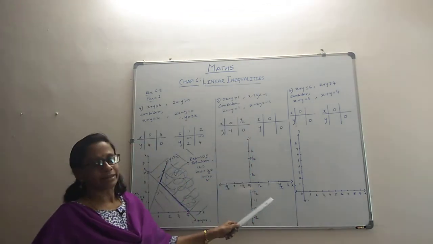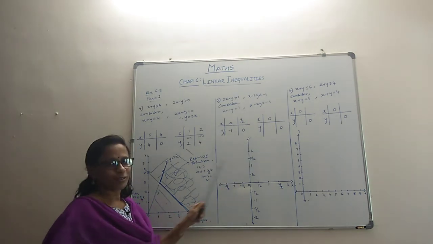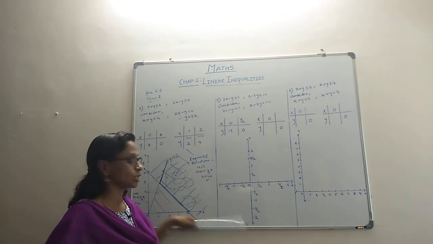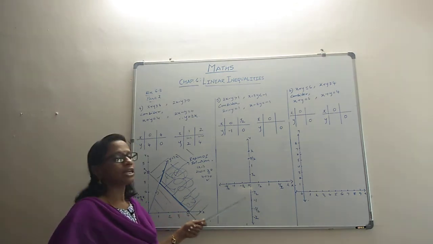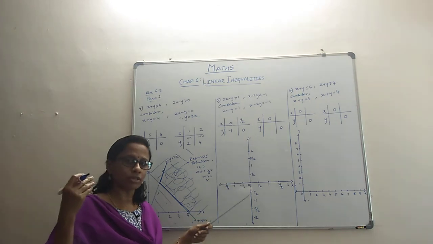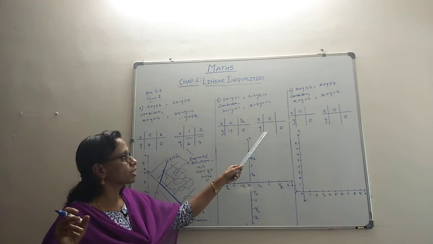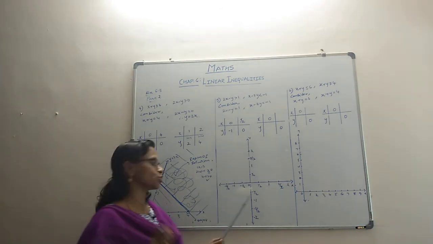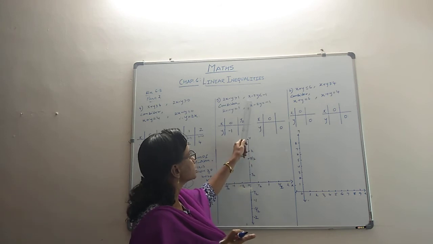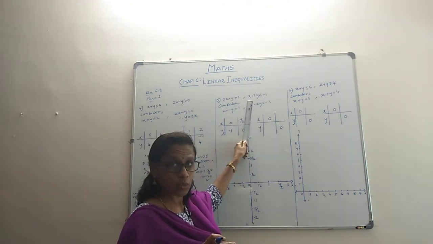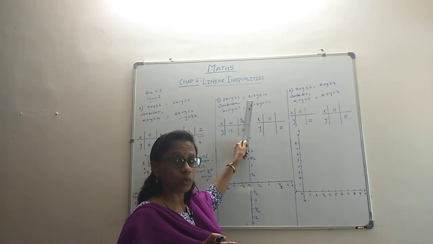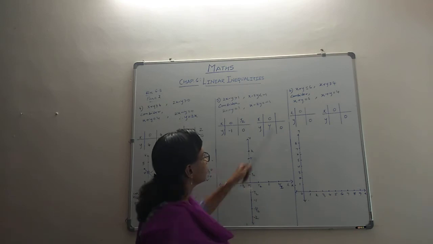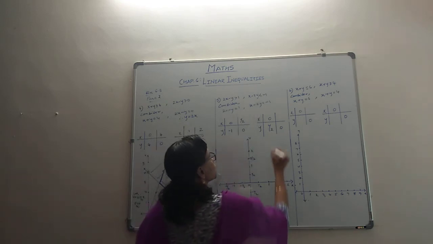So anticipating that trouble, I have also plotted it that way. I have taken 0, half, 1, 3 by 2, which is 1 and a half, 2 and so on, so that we can accommodate the points properly. Plotting the graph is totally your choice. You can plot it the way you want. After you have got this table, you can start plotting. So that will give you an idea as to what kind of values to take. So we can move over here. X is 0, so minus 2y is minus 1. That means 2y equal to 1, y equal to half. And here y is 0, so x is minus 1.